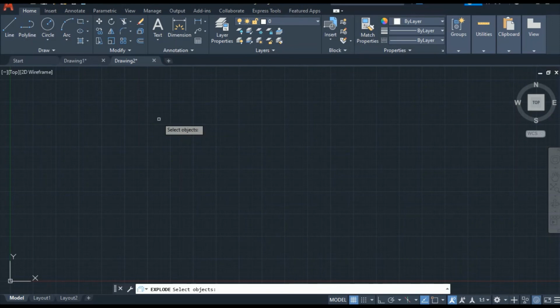Like this you can understand which tool is active. If you see a plus sign, you can understand that a draw tool is active, and if you see only the square, then you can understand that a modify tool is active. When you end all commands, you will see both the plus and square sign. You can also change the size of this cursor.